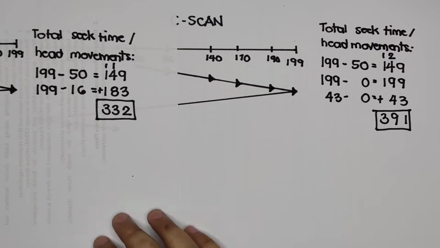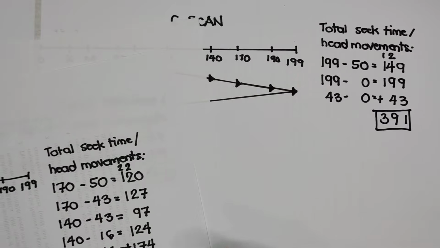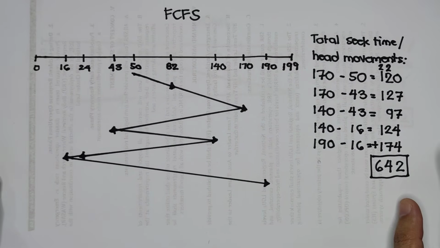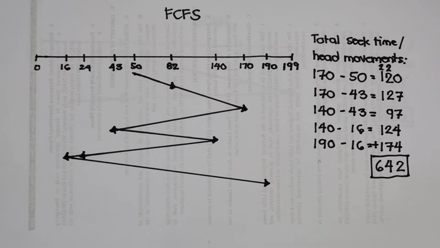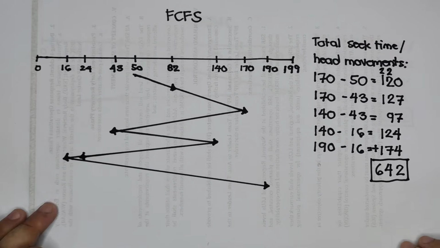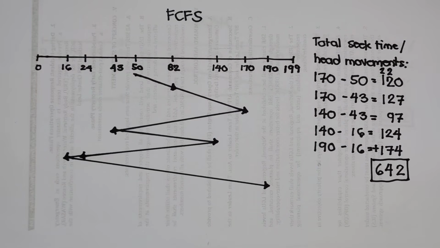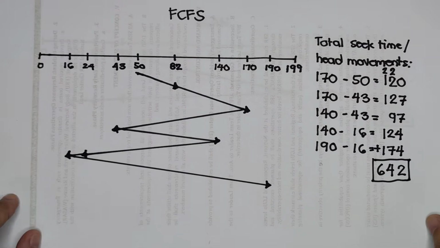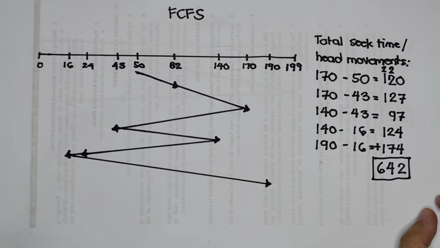So the question here now is, is it always the scan the best disk scheduling algorithm? So actually it depends upon the sequence of the cylinders. So for this example, the best here is the scan disk scheduling algorithm. So I hope that you've learned about this disk scheduling algorithm again. So we have the first come first serve. So first come first serve is depending on the sequence or the order of the cylinders that is to be